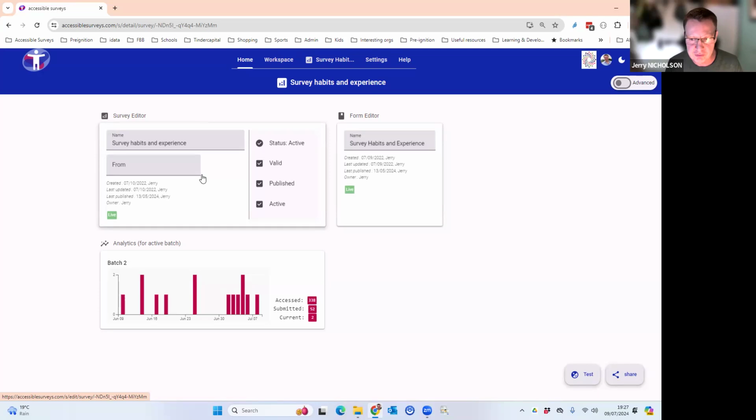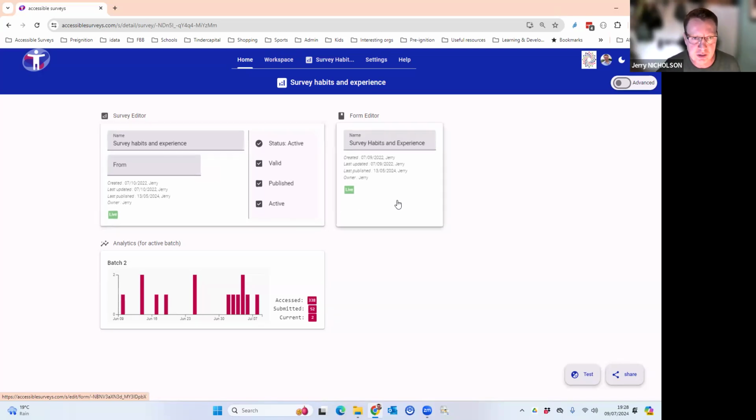The third element, which is probably the most interesting, is the analytics, and this is where you can see the submissions to your survey, and there's an interactive dashboard. You can get a good idea of what people are saying, and from there you can export your data for further analysis. I don't have time to go into a great deal of depth here, but I'll just give you a very brief overview of the main components.